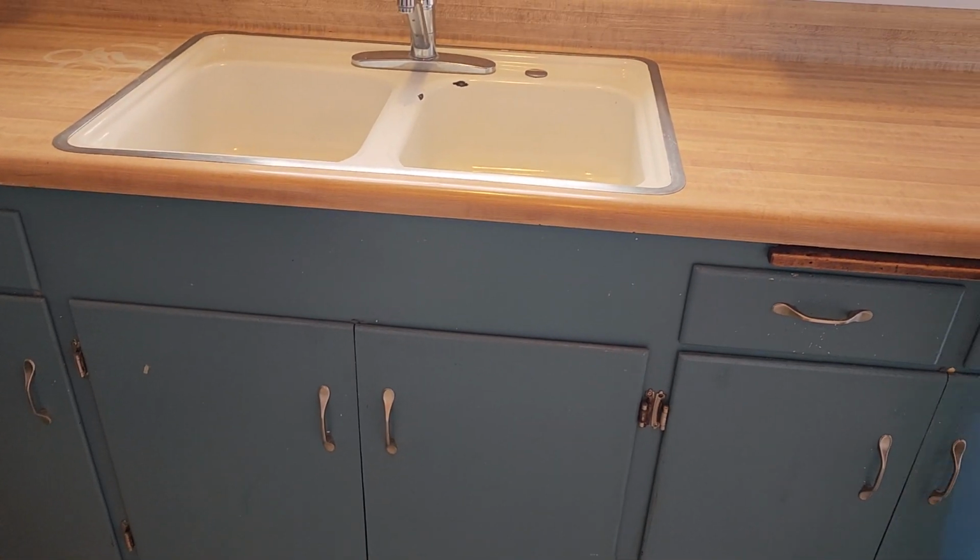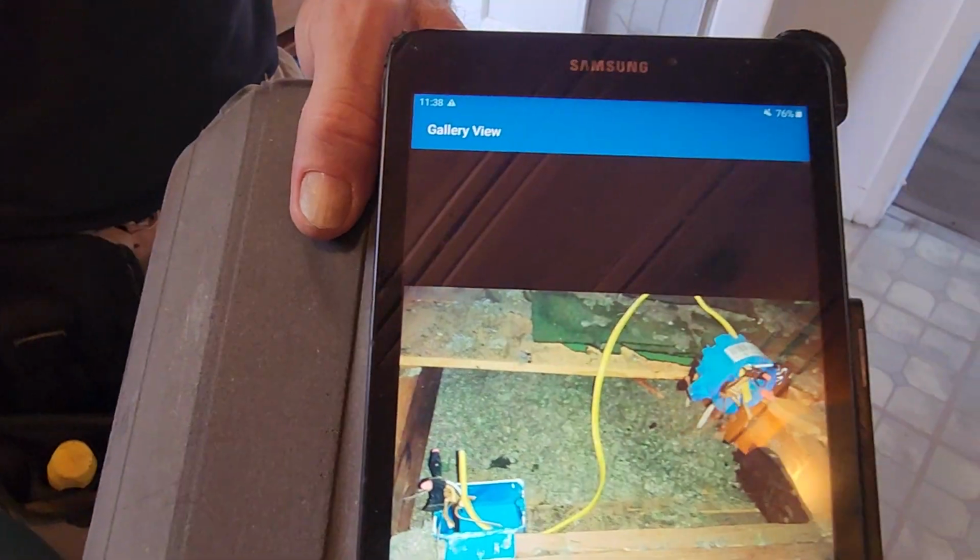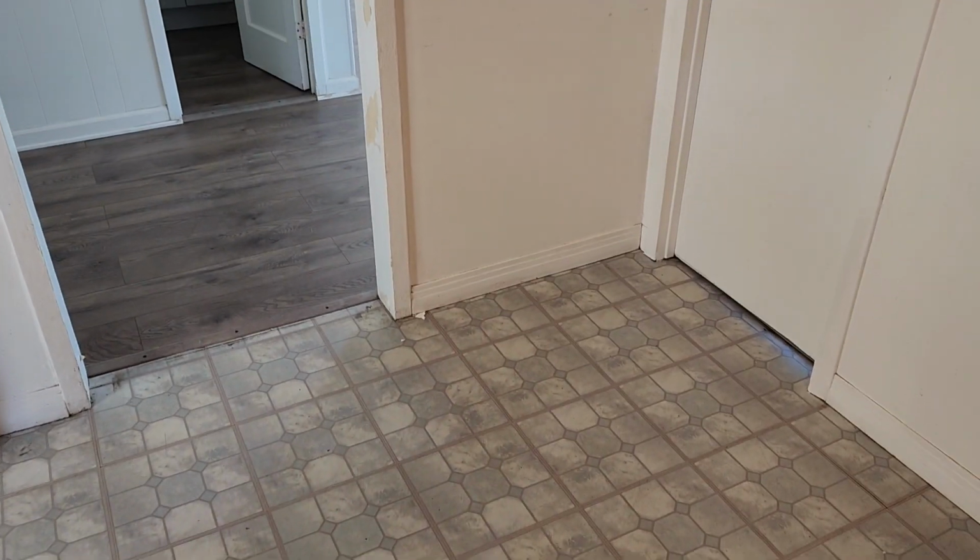And then in the attic, you have 2 open junction boxes. So it's electrical that should be contained in the box with a cover. Perfect. And then in the first guest bathroom,